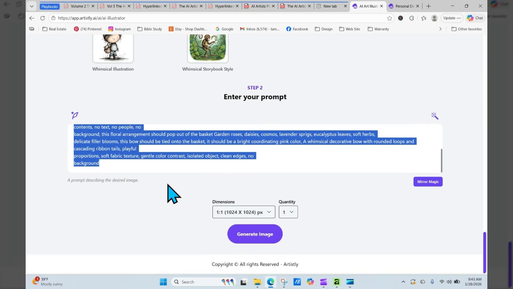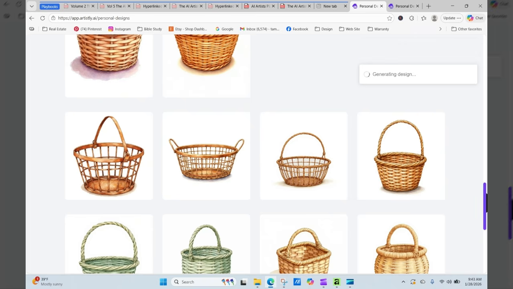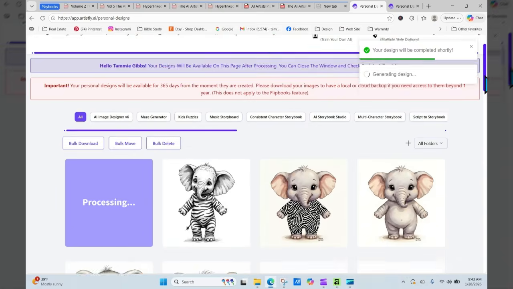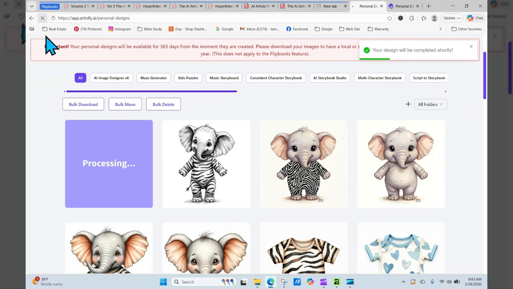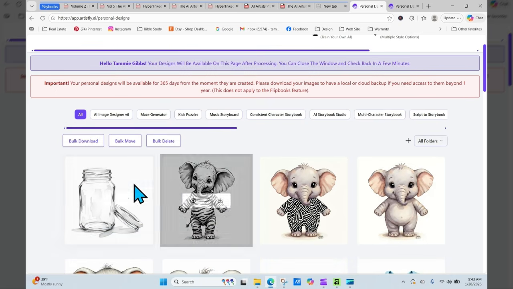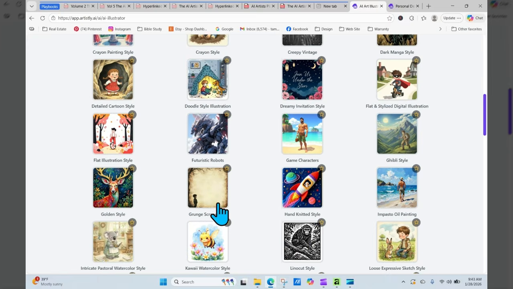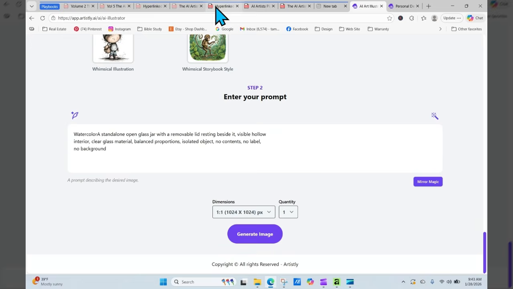So we can just replace this with our new prompt. And we can also change color. We can put things in it. I mean, it's good to get the single object, but I'm trying to show you a range so that you see that you can take that object and you can build other things. You can put it inside things. Okay, see, we have a single glass jar here. If we want to change it and change the color, we can go